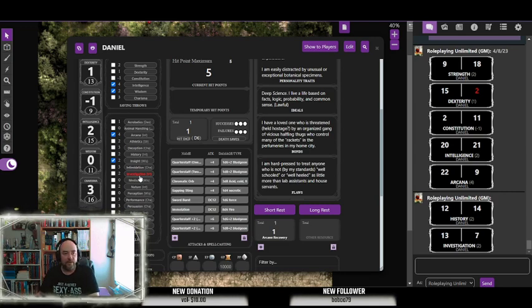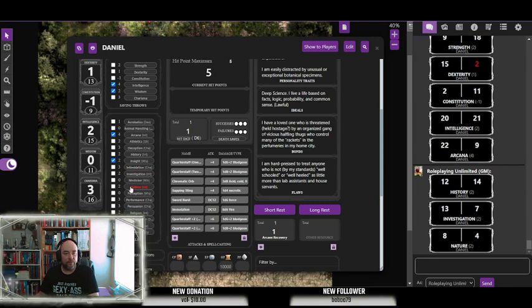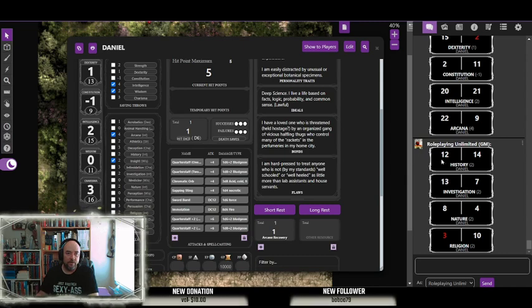Nature also an intelligence-based skill, as is religion. So right there, that's 1, 2, 3, 4, 5 skills that are based off of intelligence, and at least 3 of them are pretty heavily called upon on a regular basis, at least in my games. Arcana, history, and actually 4 of them, nature and religion. Investigation